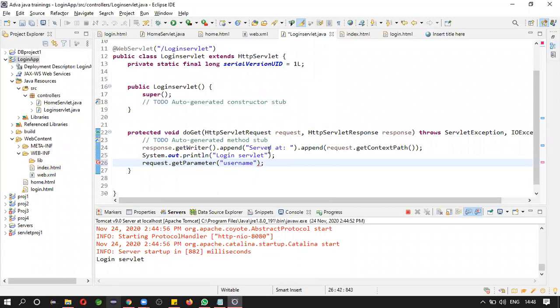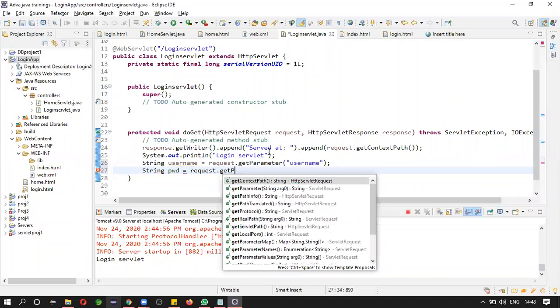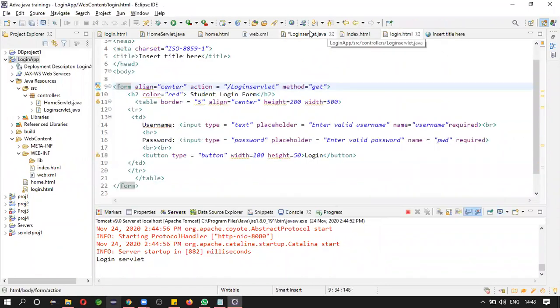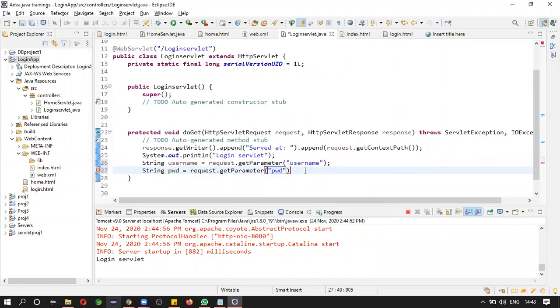Second, String pwd is equal to request dot get parameter by pwd. Okay. So let us try to print these two texts.